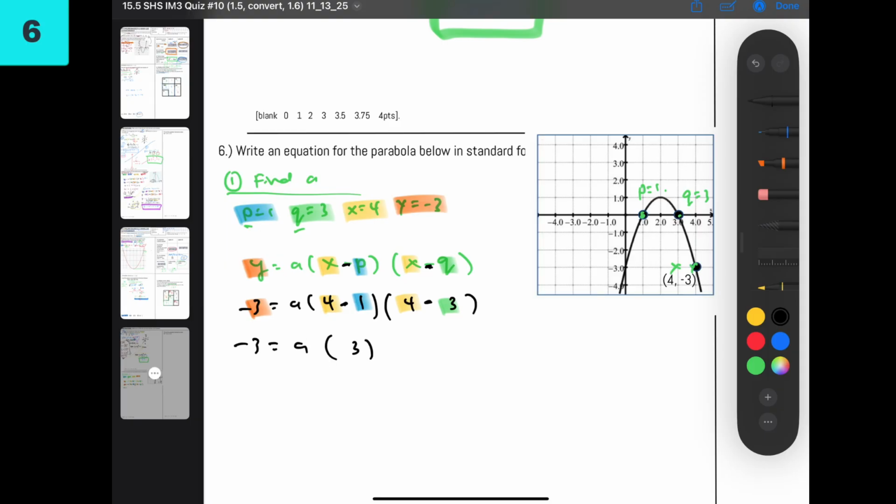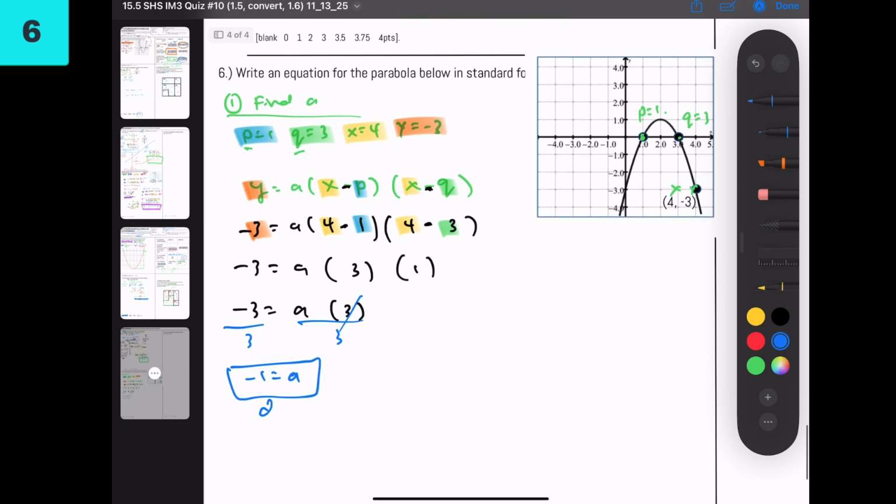So you're going to get 3 times 1, which is 3. Divided by 3, you're going to get -1 equals A, or A equals -1. Okay, and this matches the graph because you look over there and it's down. Okay, next,